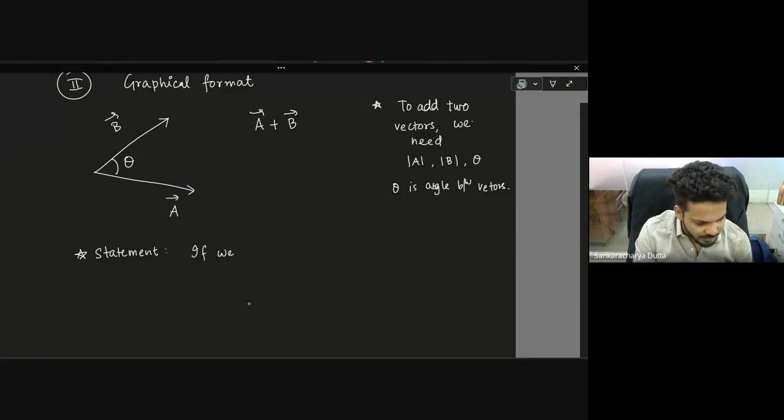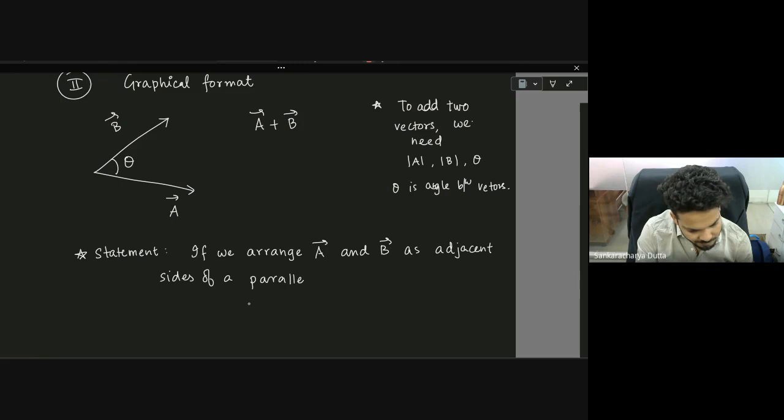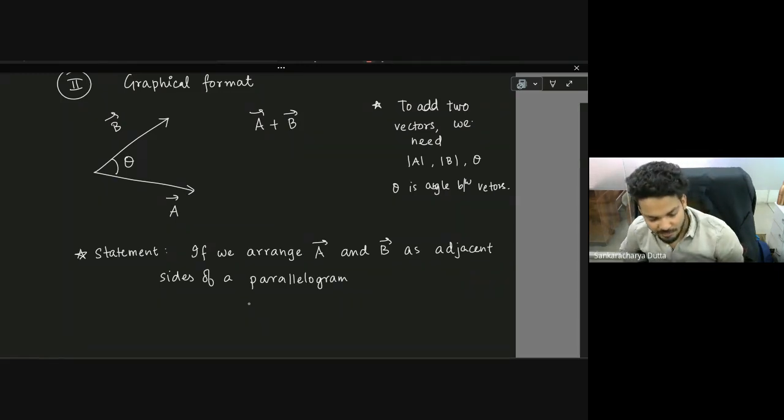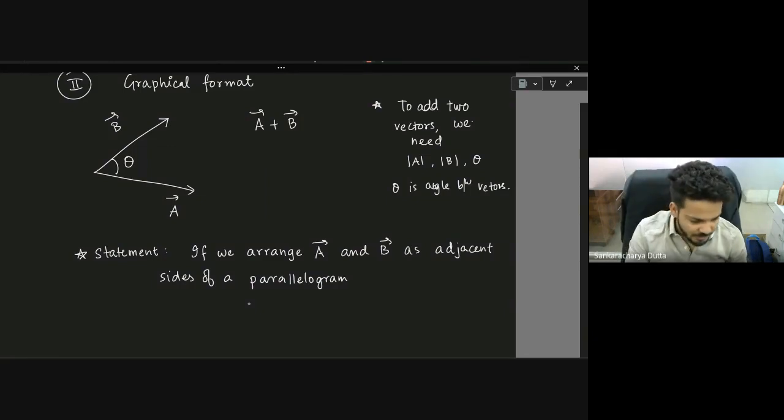If we arrange A vector and B vector as adjacent sides of a parallelogram,